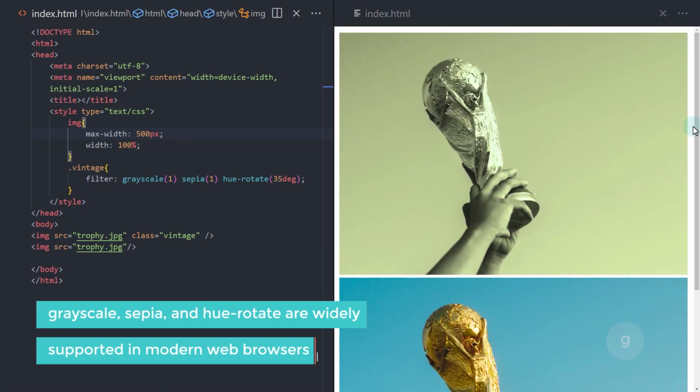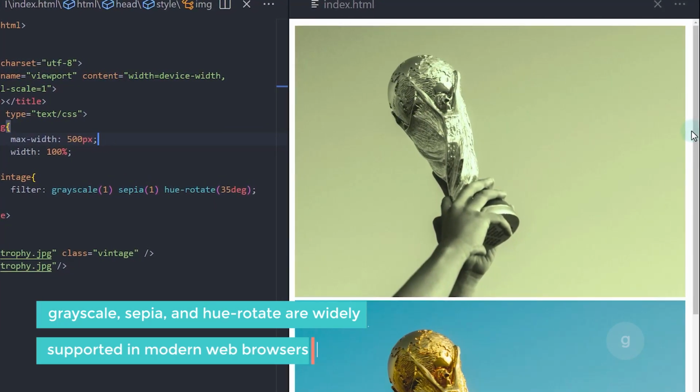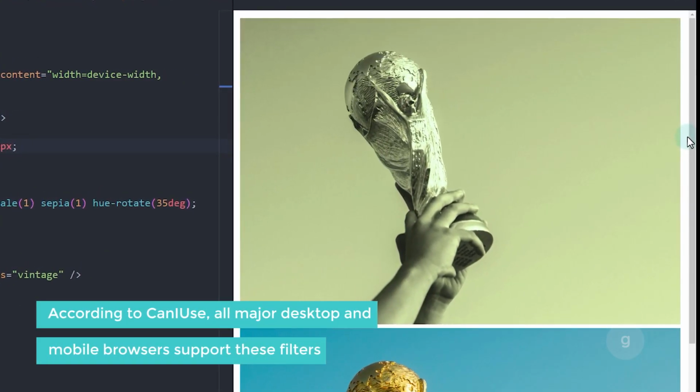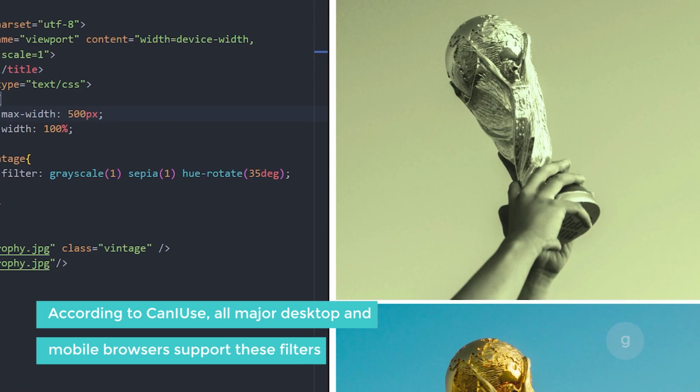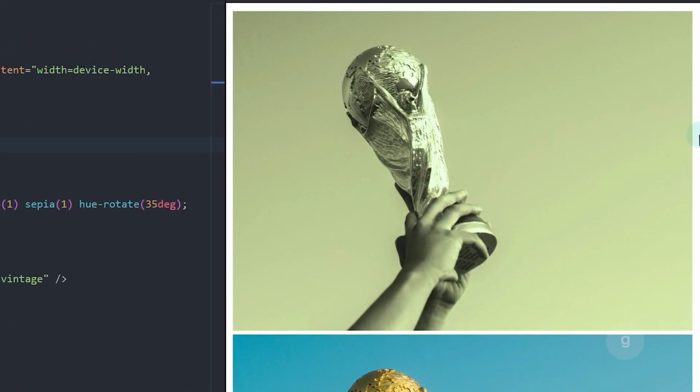The CSS filters grayscale, sepia, and hue-rotate are widely supported in modern web browsers. According to Can I Use, all major desktop and mobile browsers support these filters, including Internet Explorer, Edge, Chrome, Firefox, Safari, and Opera. You can use a tool like Can I Use to check the level of browser support for different CSS features and